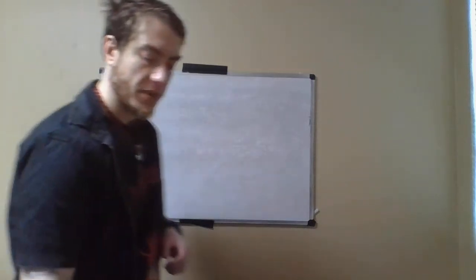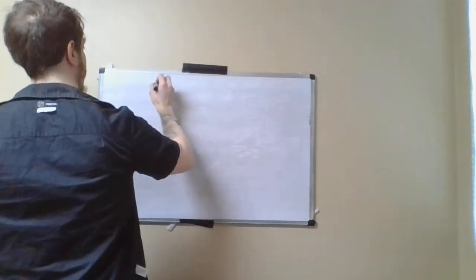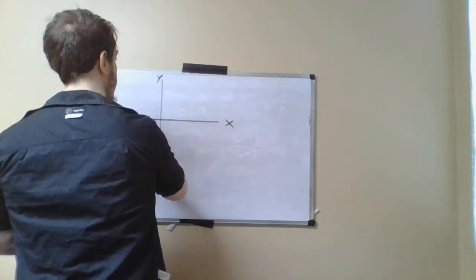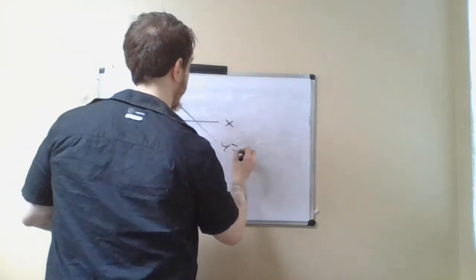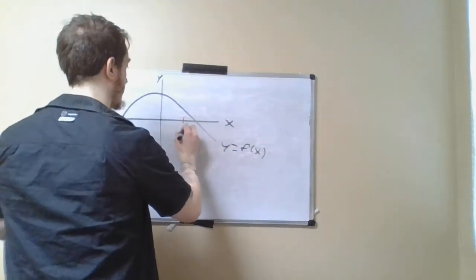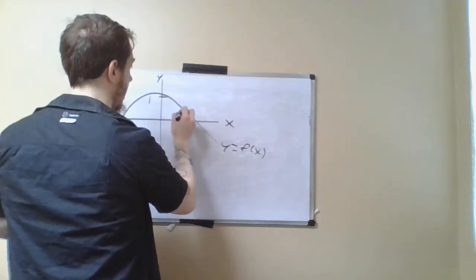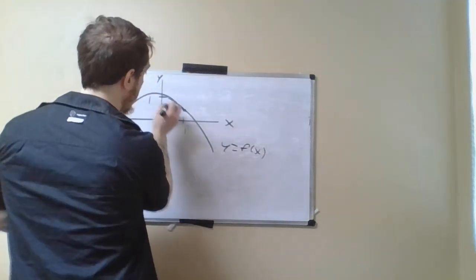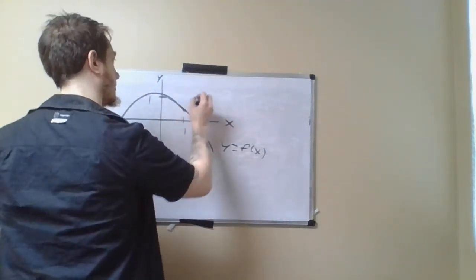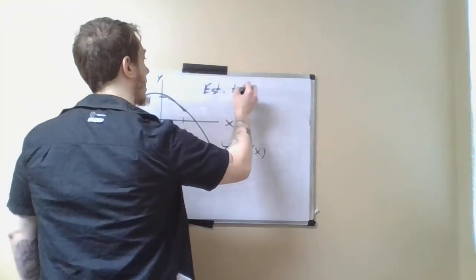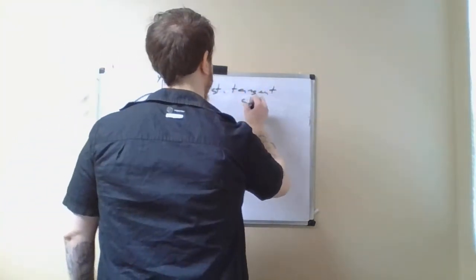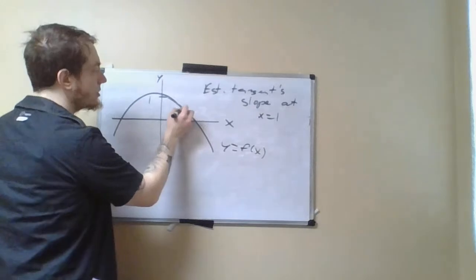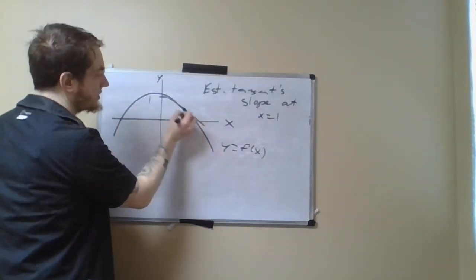So for example, if I give you a curve like this, let's say here is my curve, y equals f of x, and let's say that I ask you to estimate the tangent line at x equals 1. Or actually, let's just estimate the tangent's slope at x equals 1. Well, what I can do is I can say the tangent line should go in the same direction